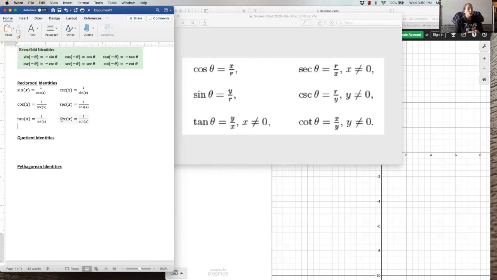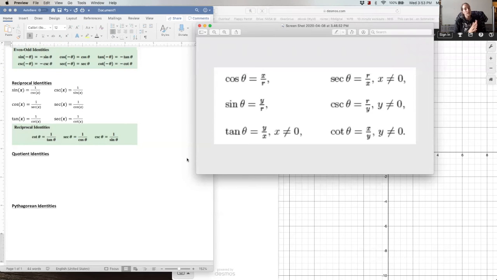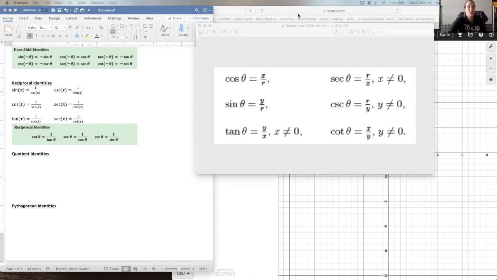Next, we're going to talk about our quotient identities. So quotient identities specifically refer to tangent and cotangent and how we can think of tangent and cotangent. So let me get those ready for us. Okay, so our quotient identities are going to relate tangent and cotangent to sine and cosine. And the way they're going to do that is by looking at these relationships here. So we know that tangent is equal to y over x. We know that sine is equal to y over r and cosine is equal to x over r. Well, with a little bit of algebra, our favorite thing, right? We can see that if we do